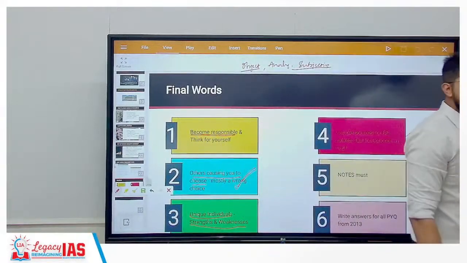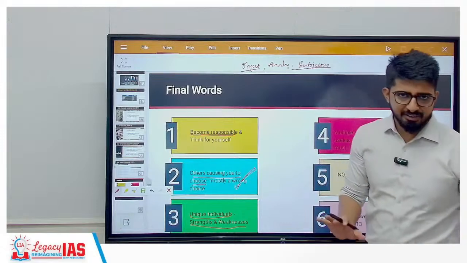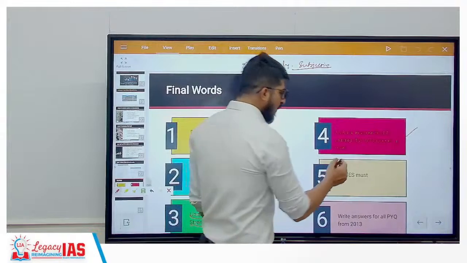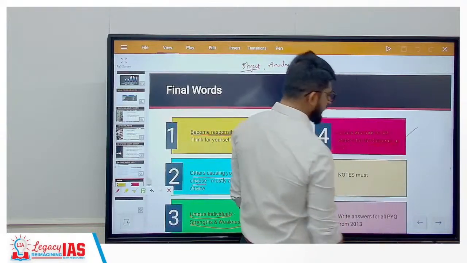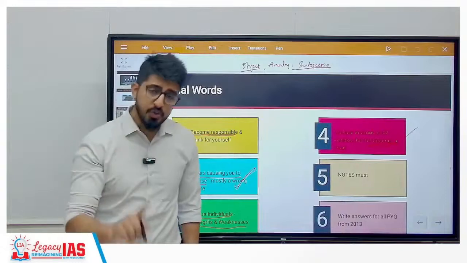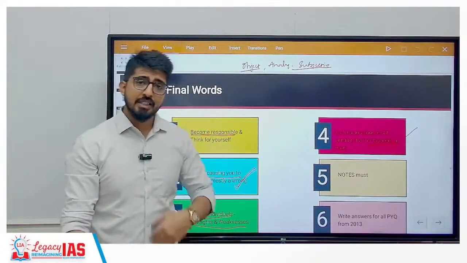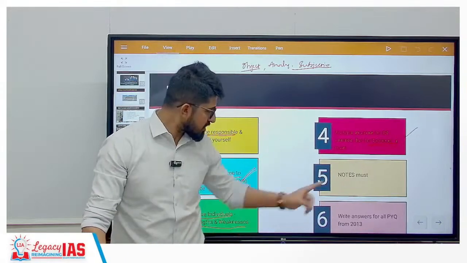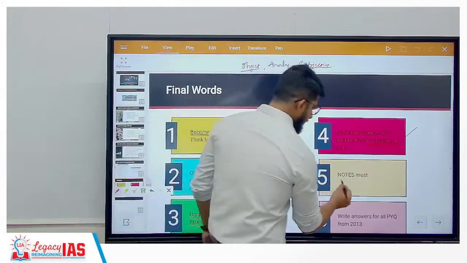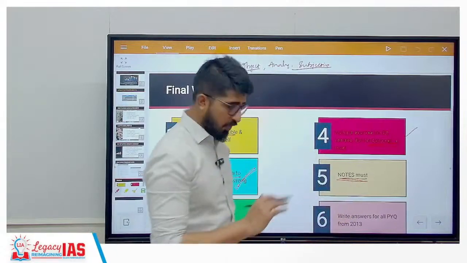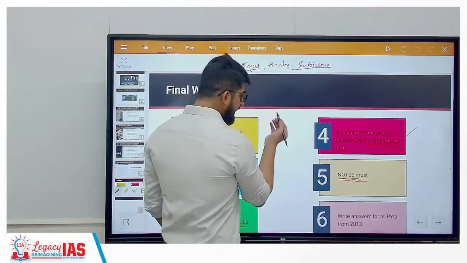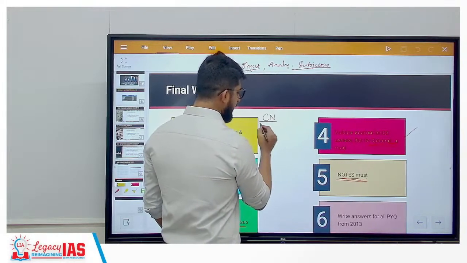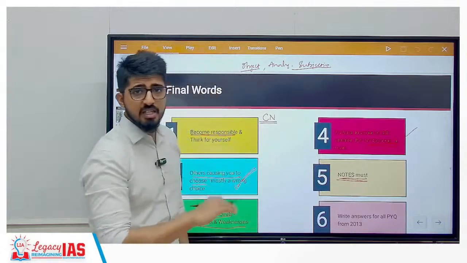Having multiple sources for general studies subjects is useless. Always bear in mind, you have to have more sources for optional. For optional, more sources is good. Study as many books as possible for optional. Make your own notes. It's a must. Let's suppose you have the class notes. You attend some classes. It doesn't matter whether you are attending here or elsewhere.